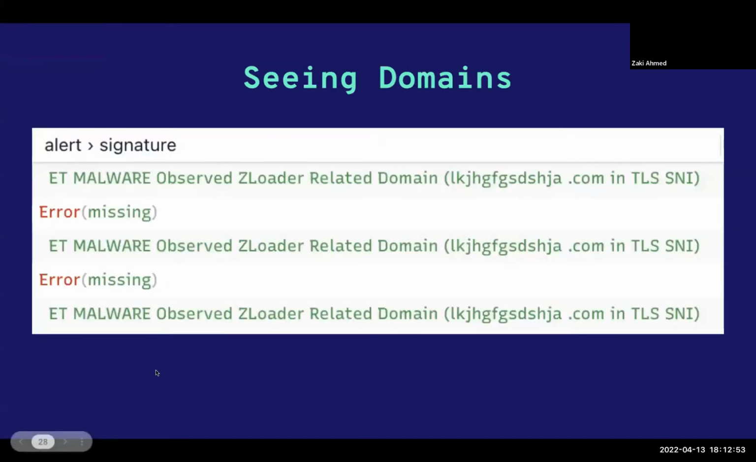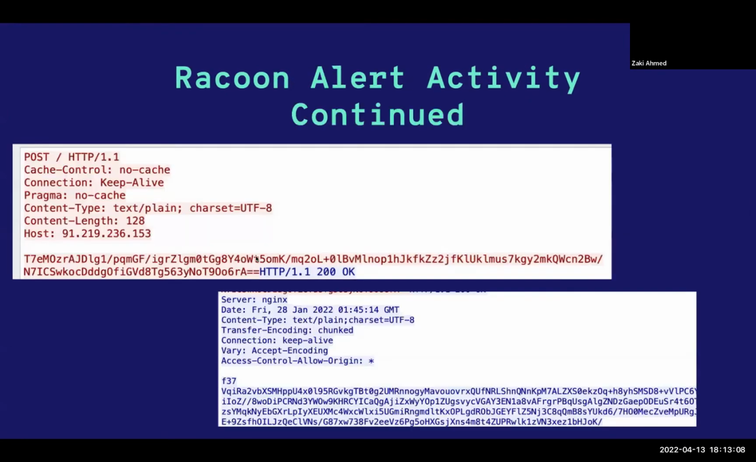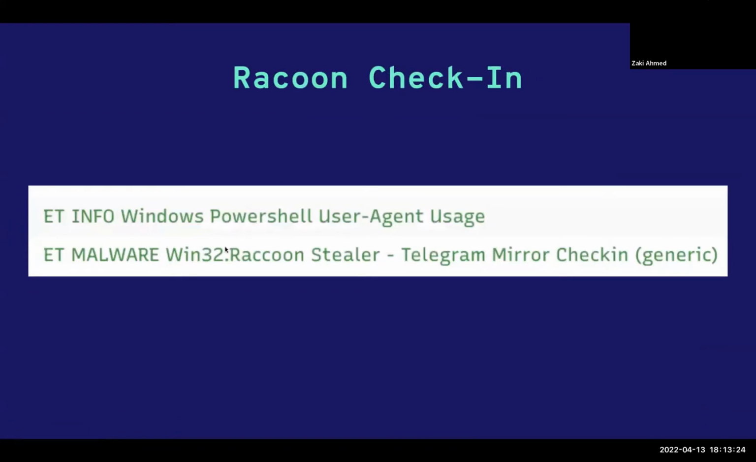And so we observe those domains that are related to the Zloader over here, and then the potential Raccoon activity, which is the data exfil attempt, which might be those outlook.txt files and stuff like that, and then the command and control activity, the dependency download. And then that Raccoon alert activity tied back is that it specifically is that base64 encoded string that goes out, and then the obfuscated response back in. And then we've got that Raccoon check-in, which is the PowerShell agent usage followed by the Telegram mirror check-in,